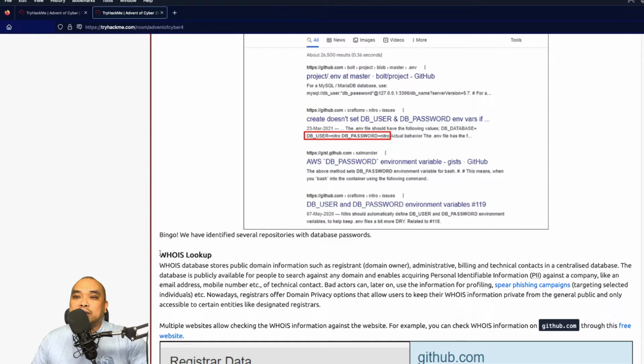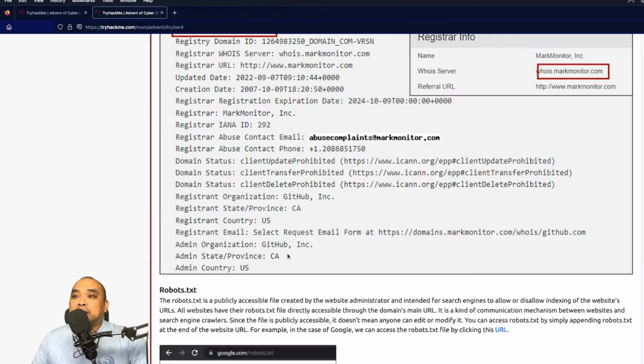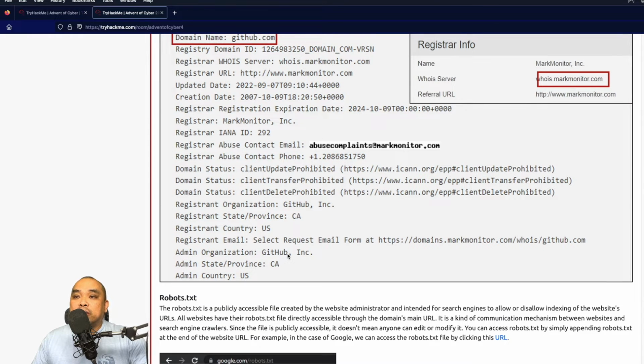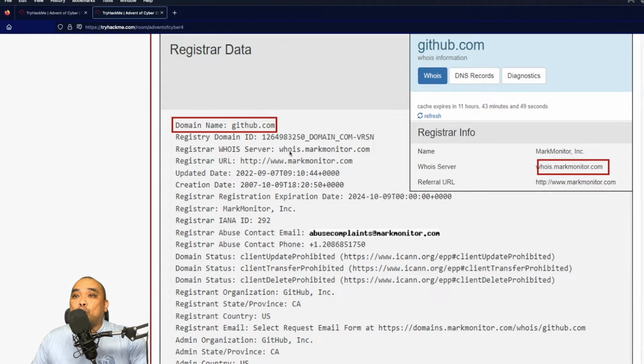So you just put in whois space google.com, and it'll show you the domain and the registrar, which is where they registered google.com in the first place.